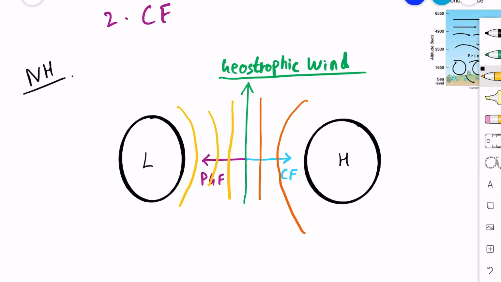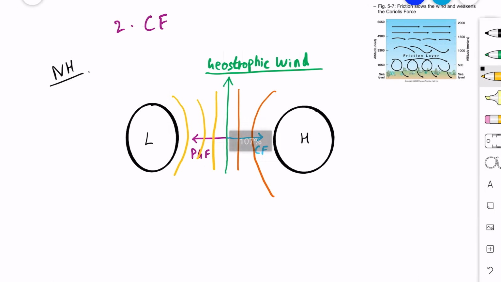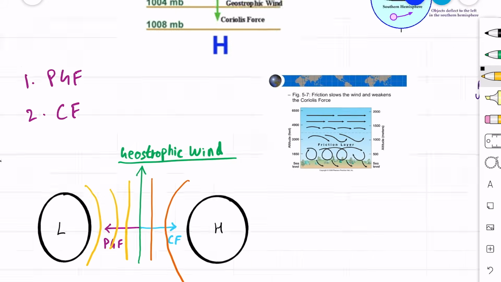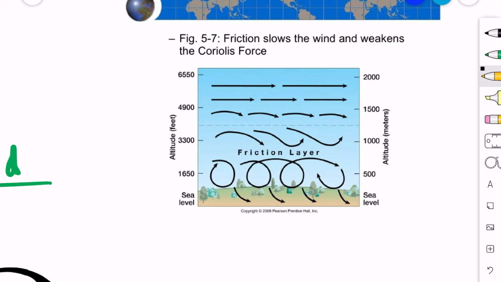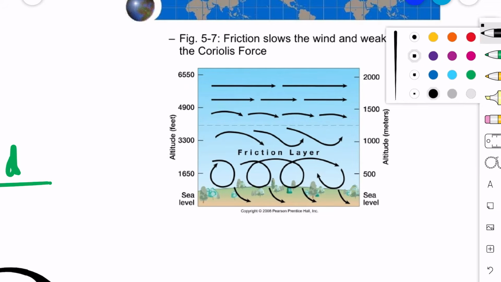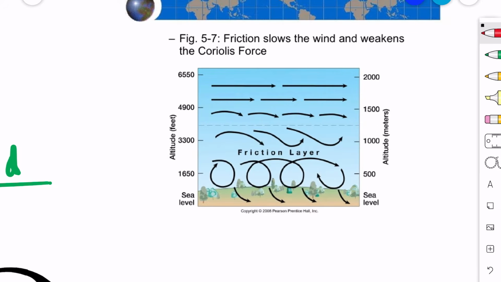Now, since the Coriolis force is acting on a geostrophic wind, we can say that the geostrophic wind only occurs above the friction layer. Because below the friction layer, the Coriolis force will decrease because of a decrease in wind speed. Now I'll explain whatever I just said. So what is a friction layer? The friction layer is a layer supposed to be at 2-3,000 feet, below which the wind is disturbed due to buildings or terrain. Like in this diagram, the friction layer is made over here, and everything below the friction